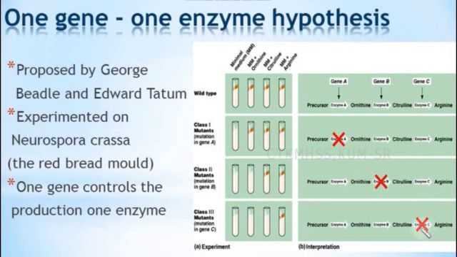What is conducted here is just explained in this part. What is proved here is that one gene is responsible for one enzyme. That is proved in this experiment. So, this is called the one gene, one enzyme hypothesis. If the particular gene is mutated, then the particular work stops or the particular function will not be carried out properly.